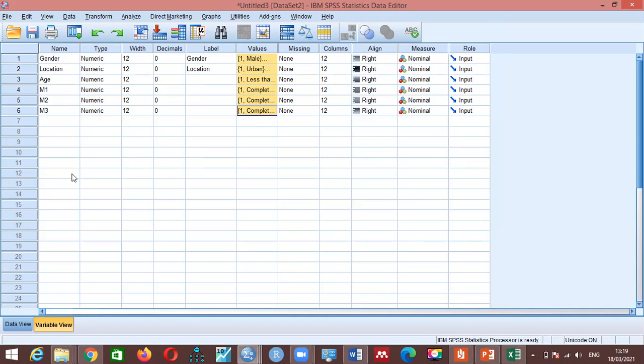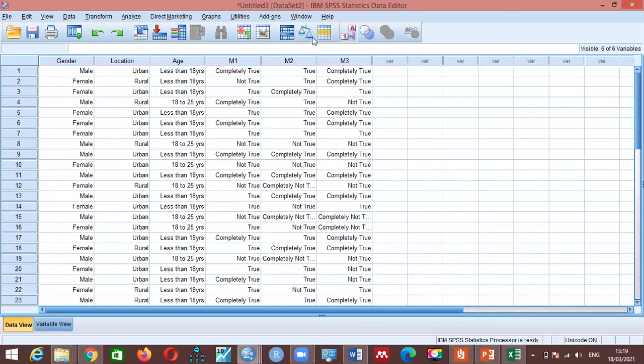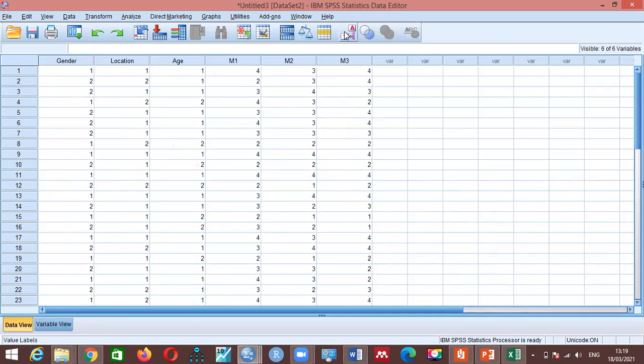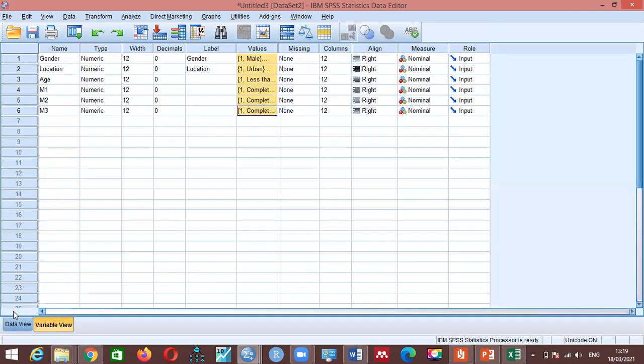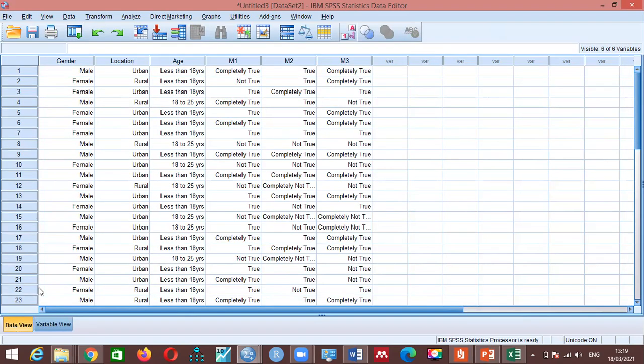Great. So what will happen now? Let's see. Fine. Can you see this? So I have it as numbers and I click it and I have it as text as well. All right, so that is how to code in SPSS, and that is how to enter data in SPSS. You can enter it manually, you can enter it by transferring it from an Excel file, but you must code the data or define the data in the variable view section while you enter the data in your data view